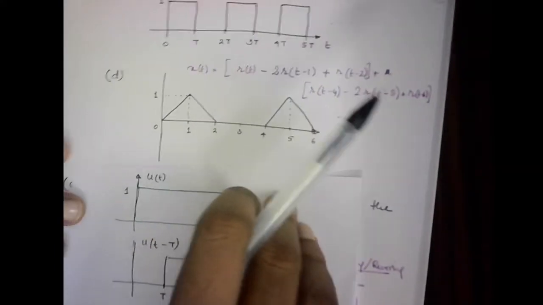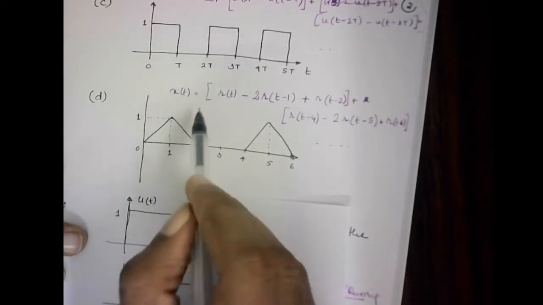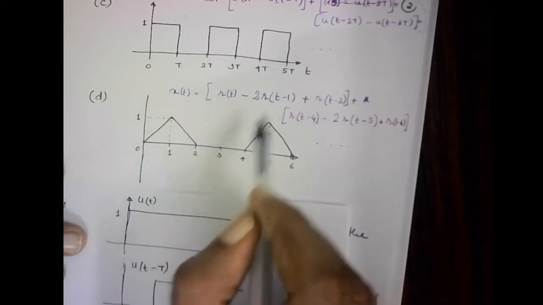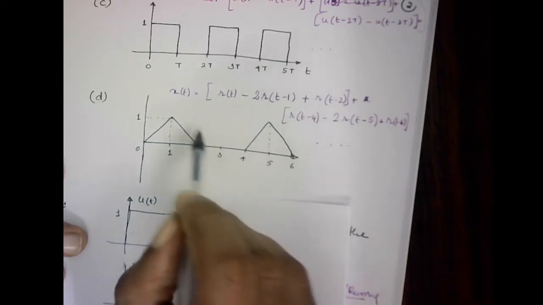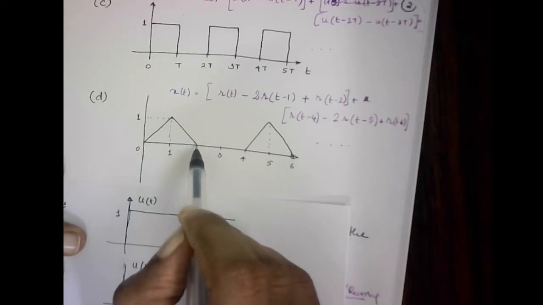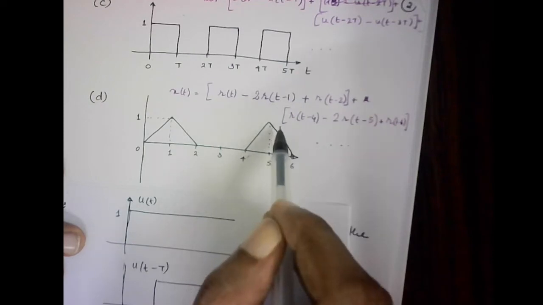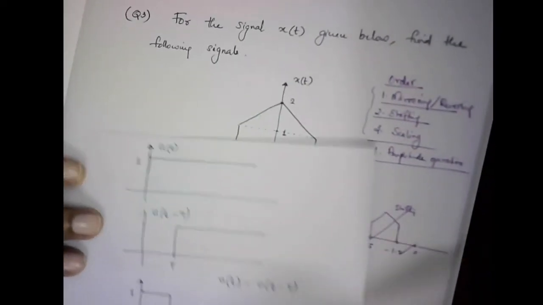Similarly this signal, so I'll give the solution, you just check it out. So x of t is r of t minus twice r of t minus 1. Okay, because I want the slope to be minus 1, so I need twice the slope of negative 1, and then r of t minus 2 to make the slope 0, and so on. So please check out this result, and if there is any confusion, please let me know. So that is about those operations.